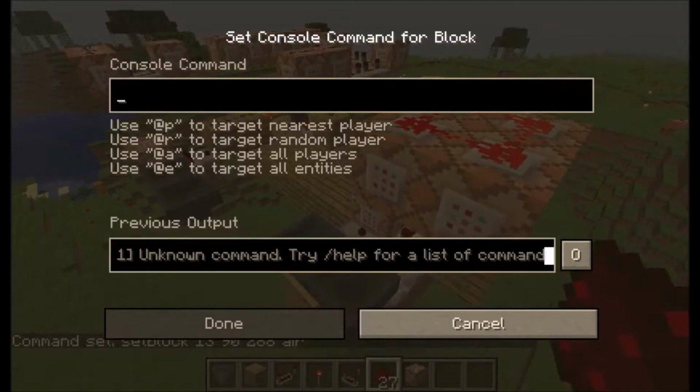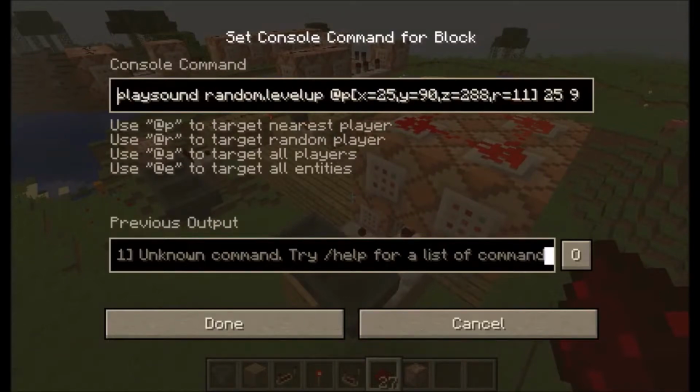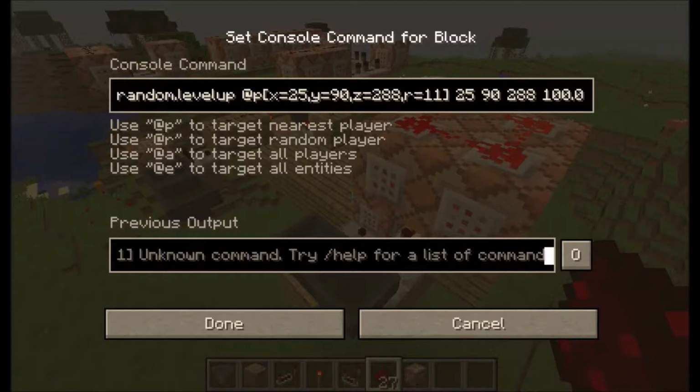This one's optional. I like to have it just because it's a play sound command. So play sound random.levelup at P, the last remaining player again, center of arena. 259, 288, 100. So basically that's going to play the little ding sound that you hear when you level up for the player,